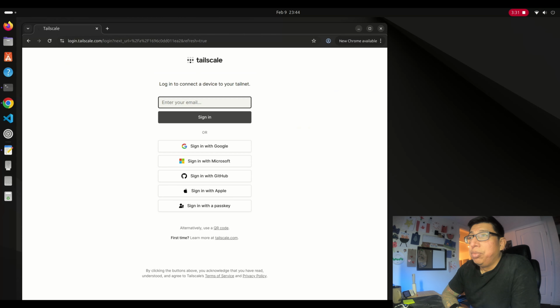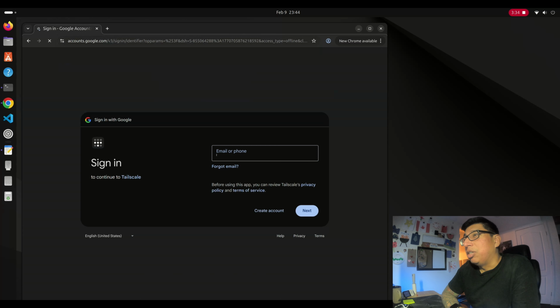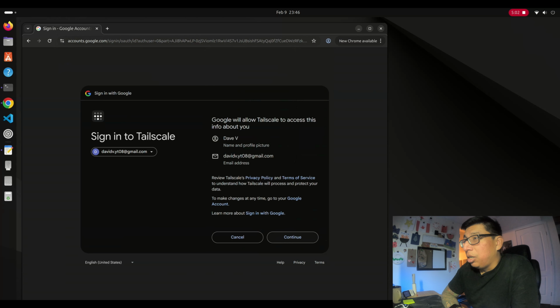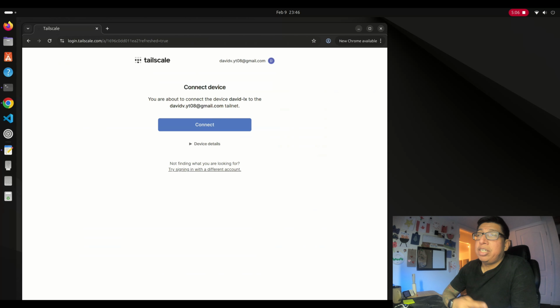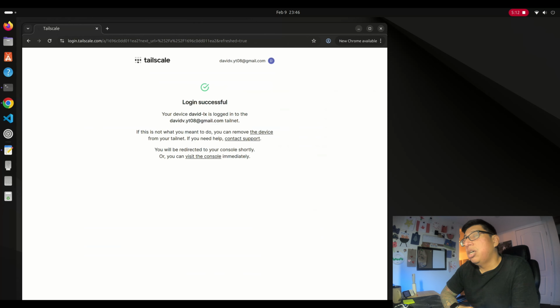All right, so this is where you can sign in with Google, Microsoft. I'm going to pick Google. I'm just going to put in my test account right in here. Hit continue. Once you're authenticated, it's going to take you to this page asking if you want to connect this device that you're on. So I'm going to hit connect. Login is successful. And since this is the first time using this email address for Tailscale, it's going to run me through